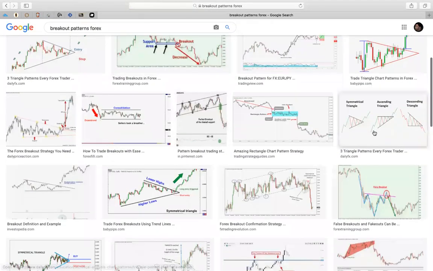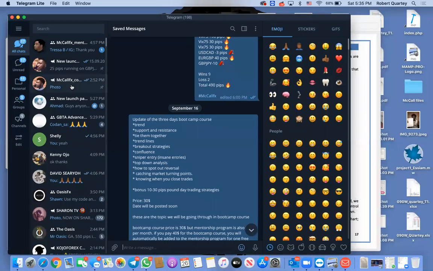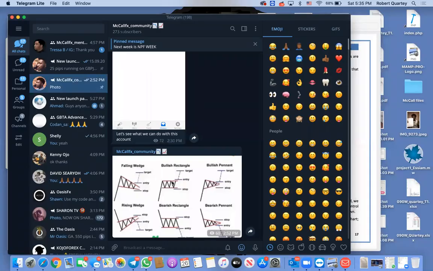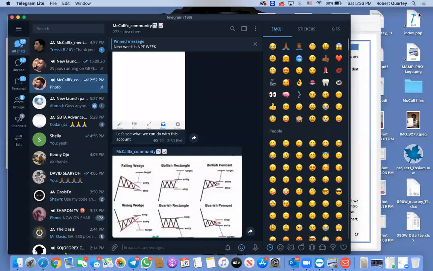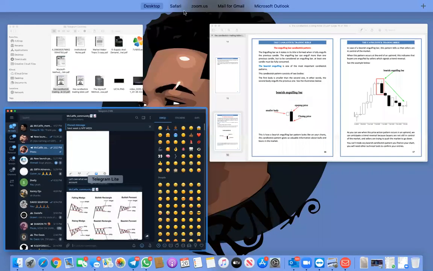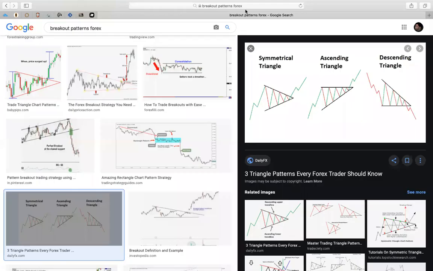No, actually, I posted one, so we're going to be using this one. This is what we're going to be using, right? We have a falling wedge, bearish wedge, a whole lot. I'm going to be showing you examples. I'm going to be drawing them, and then I'm going to explain to you what it means, right? I'm going to end this, and I'm going to send